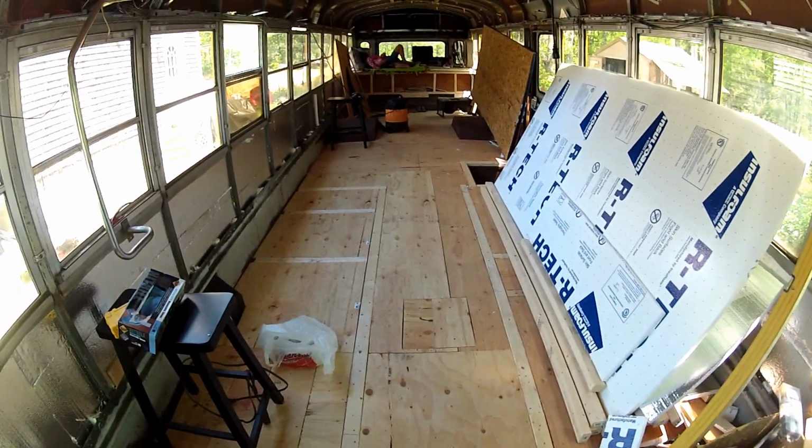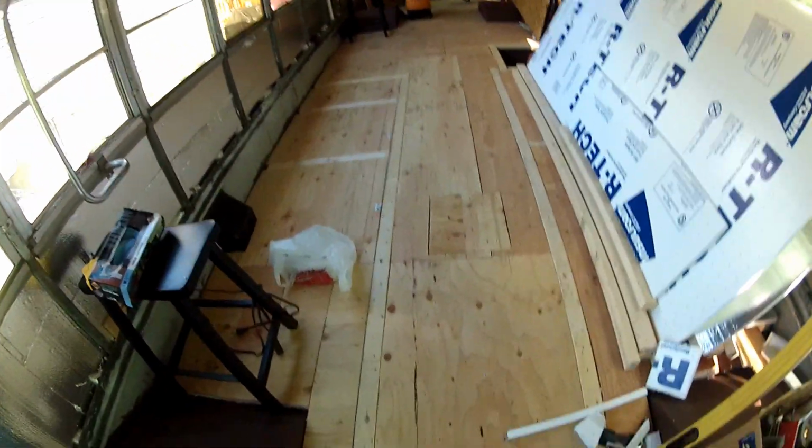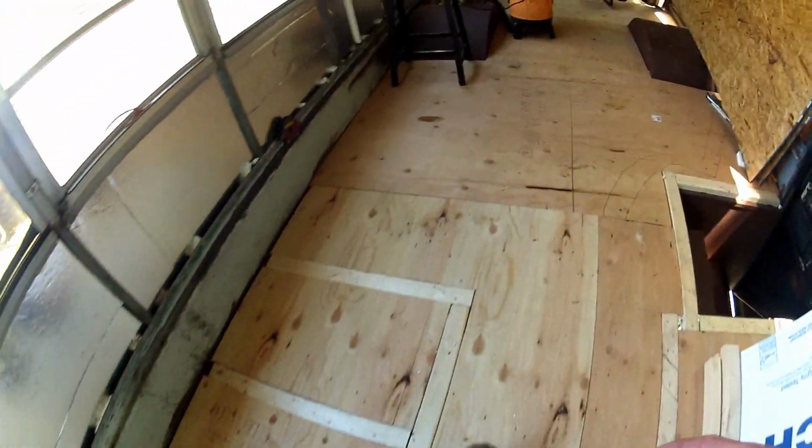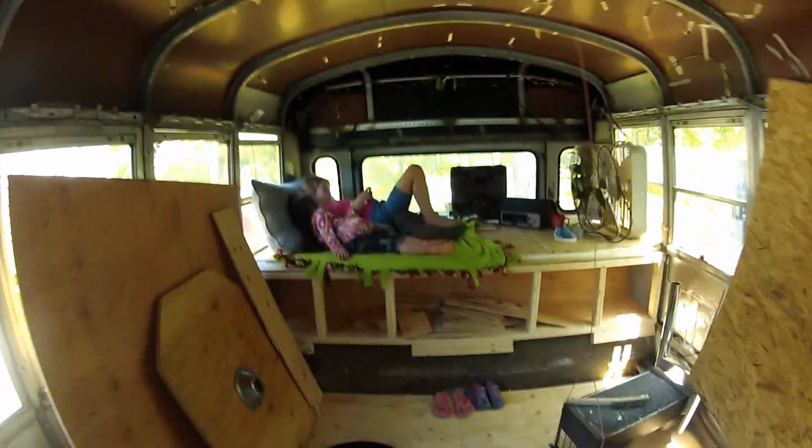Floor is fully done. We're gonna start putting walls up. We did budgeting plans today for batteries and fans and all kinds of stuff like that. There'll be in and out fans, one here and one there and one there, so we can draw a breeze through. That's, like I said, bedroom there. There'll be a dinette here,